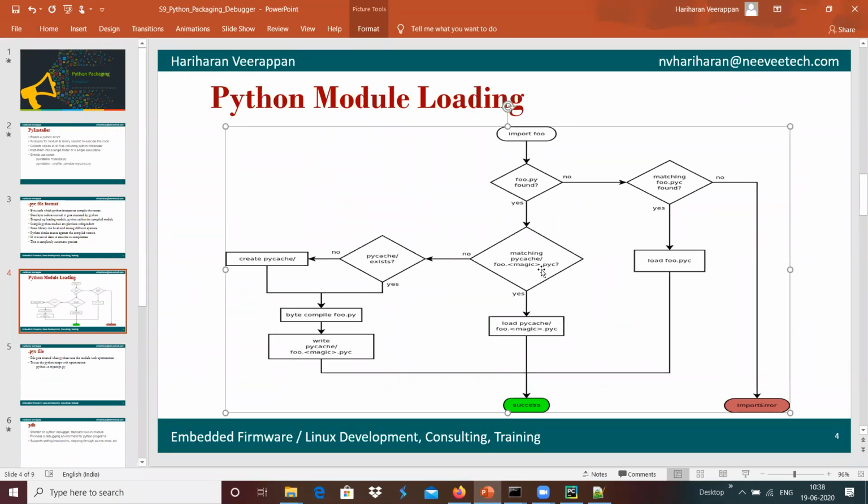Because of that, there is no PyCache folder present, so it creates the PyCache and creates the compiled binary, bytecode format of all the modules to be loaded.